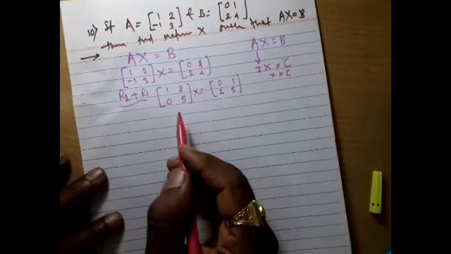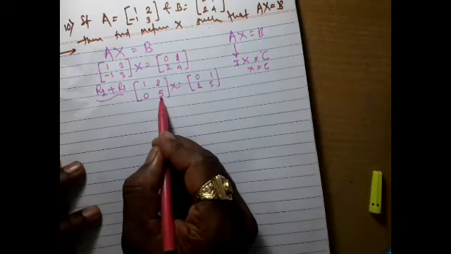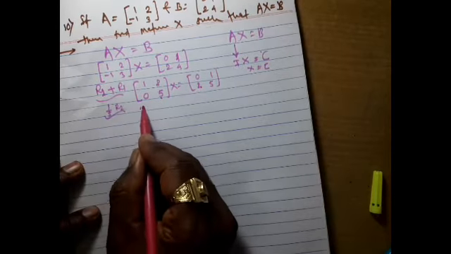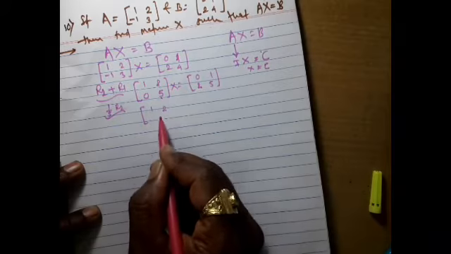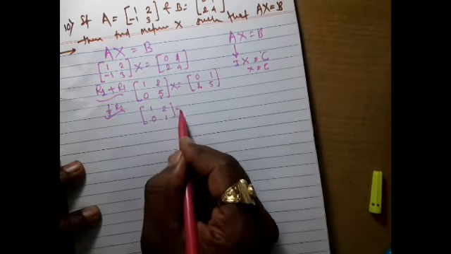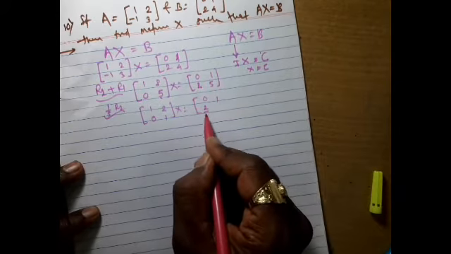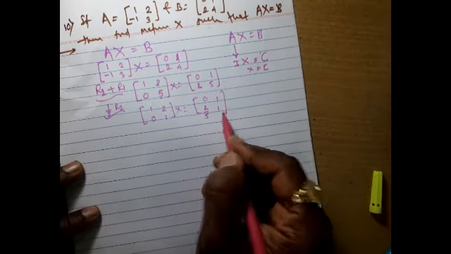As you know that to convert to identity matrix there must be the 1. So next operation is 1 upon 5 R2. It will be 1, 2, 0, 1. X is equal to 0, 1, 2 upon 5 and 1.